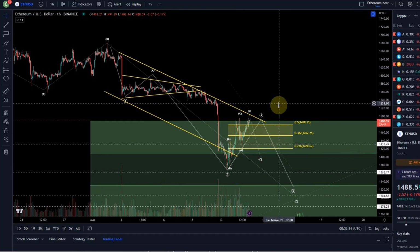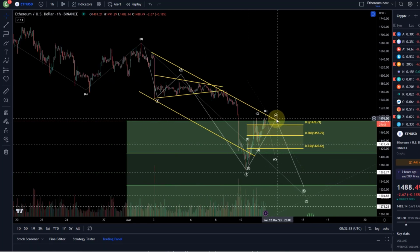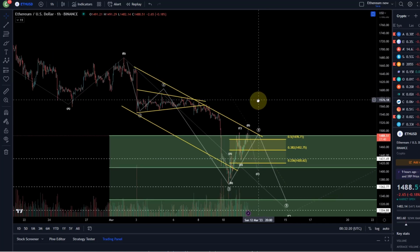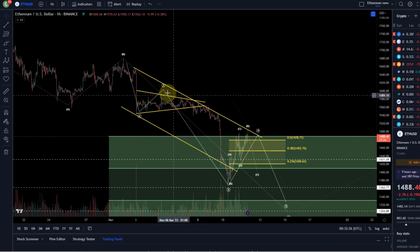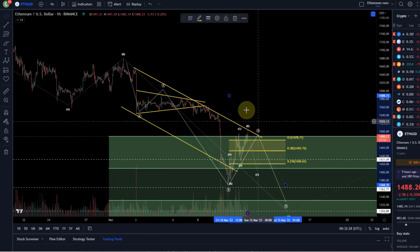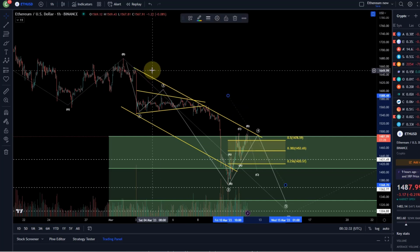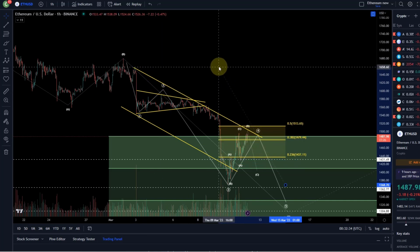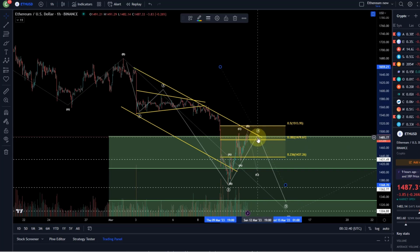So the 50% retracement here is a key level for a fourth wave. So we've broken above that, which indicates it might be something more bullish that's going on here, or that my count and assumption is actually not correct and that the wave 2 didn't end here, but actually up there. In that scenario, we have a higher support area to 1514, but first of all, the difference is very